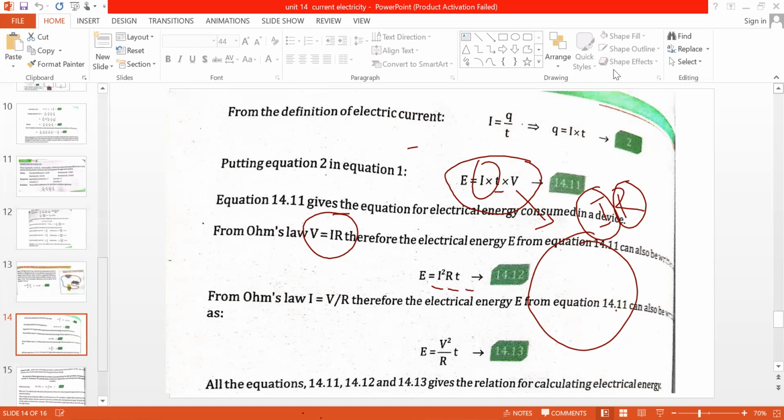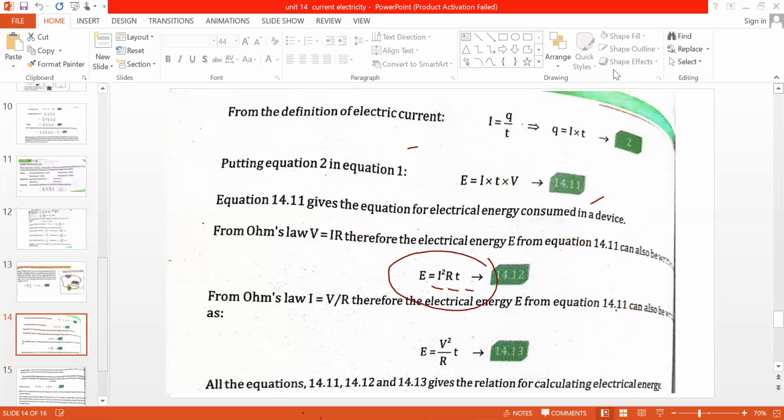And we get the equation for electrical energy. We have said that when the current is flowing in a circuit, there is electrical energy. So the electrical energy relation is given by E equals I square R T. Secondly, if we want to find out this relation in terms of voltage, what will we do? We will use the same Ohm's law: V equals IR and I equals V by R. So putting the value of I in this equation, we will get E equals V square by R